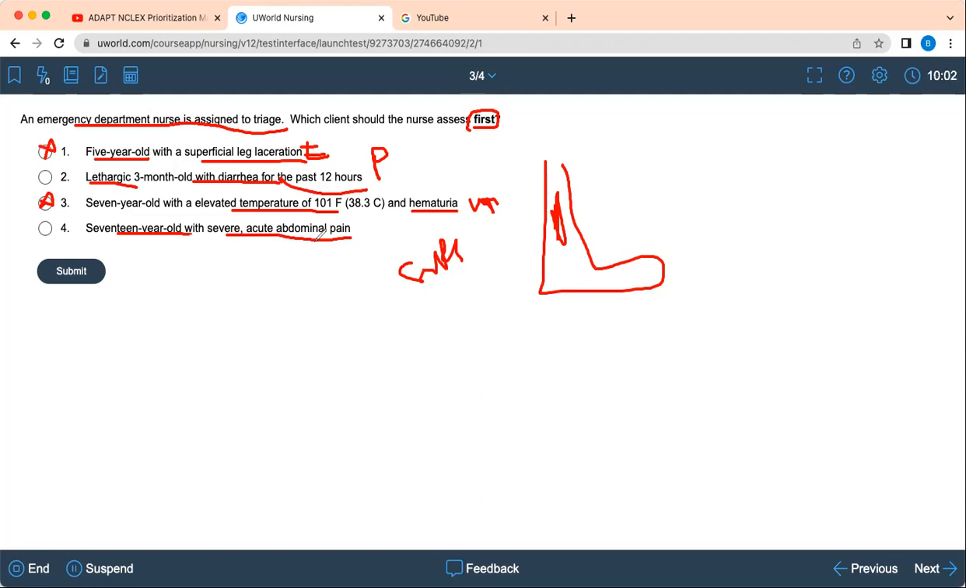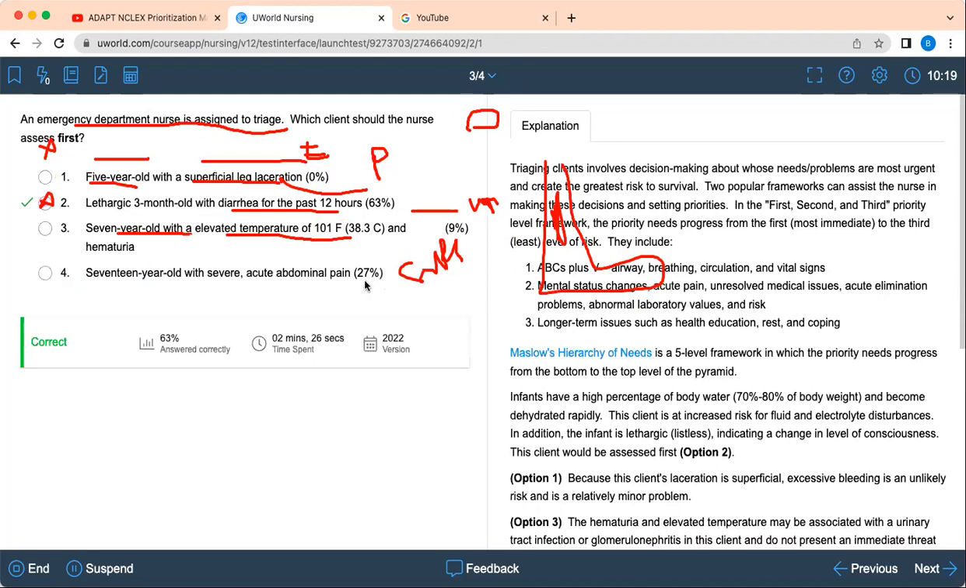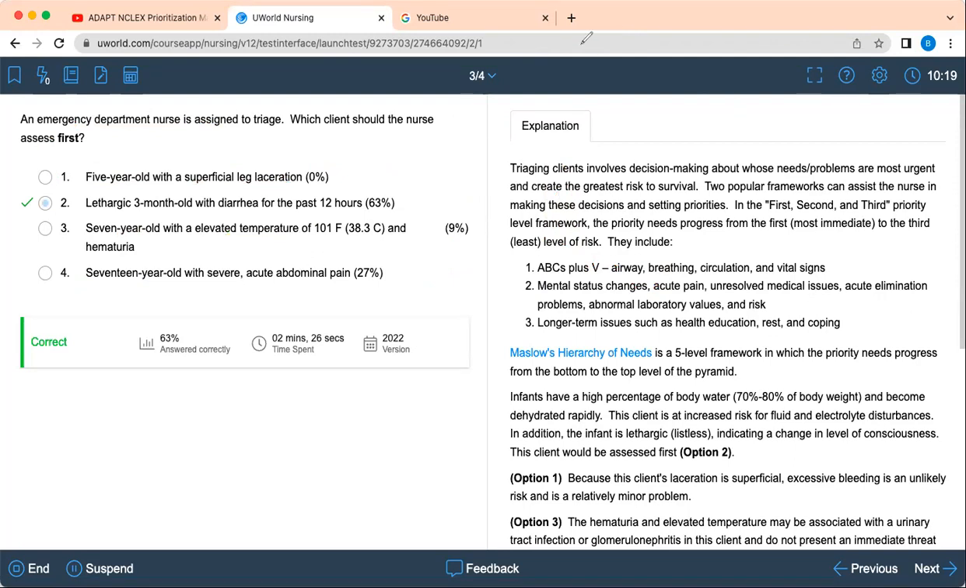We don't know if the patient is in shock already. All we know is abdominal pain. May have appendicitis, but I'm not bringing that in. I know he has acute abdominal pain, but a lethargic patient is more serious than that. So we'll pick that one and see. You see, 27 people picked that because of that, but that is our priority answer. So we see if we can see one more, and then